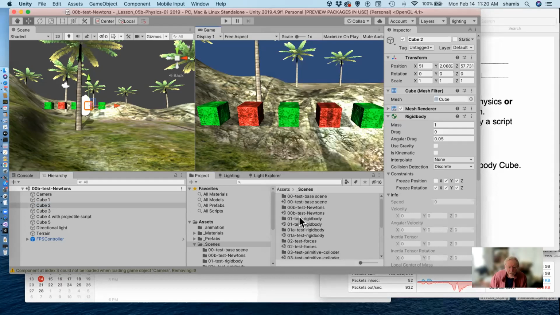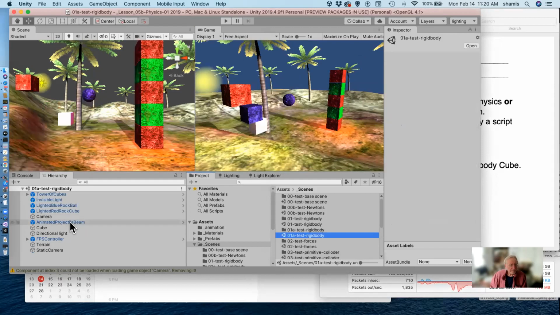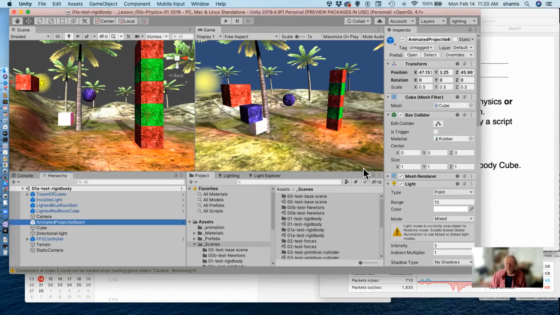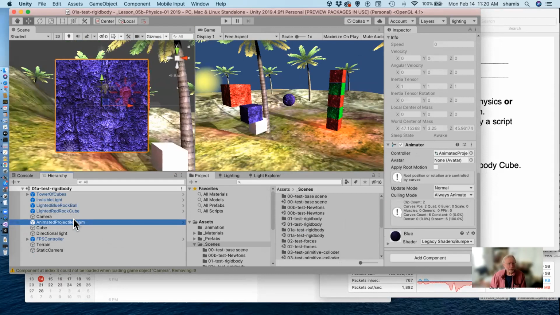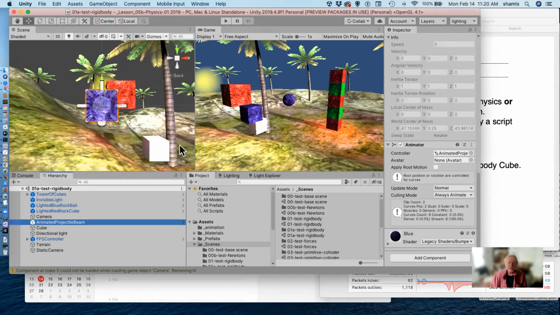We can set up a little cube that has an animation on it. Here I have an animator with an animation on it that's going to drive this thing forward. And let me show you a little trick here. If I focus on something and do a Shift F, and then I can back up a little bit. If I start this thing off in pause mode and play it,